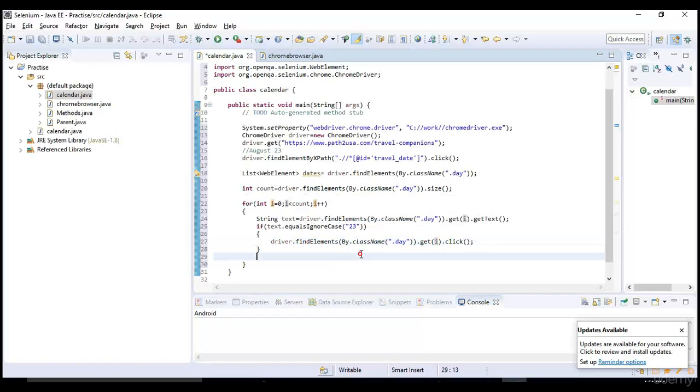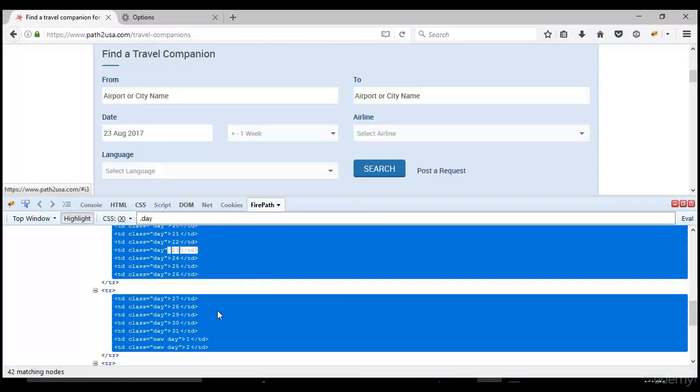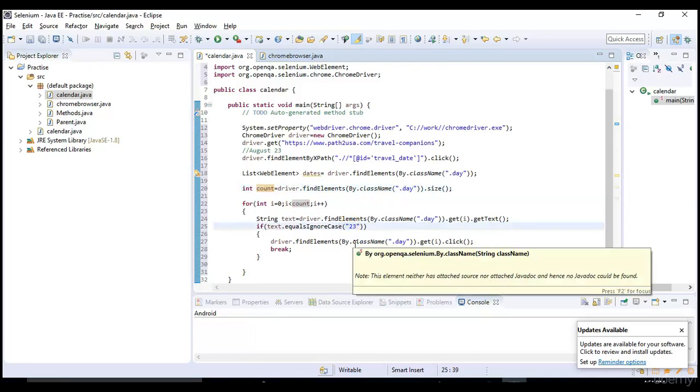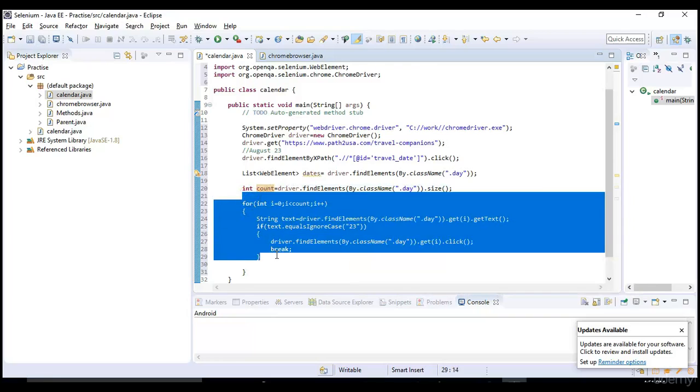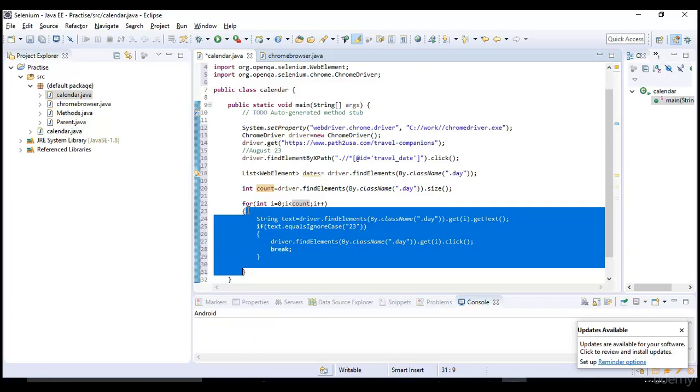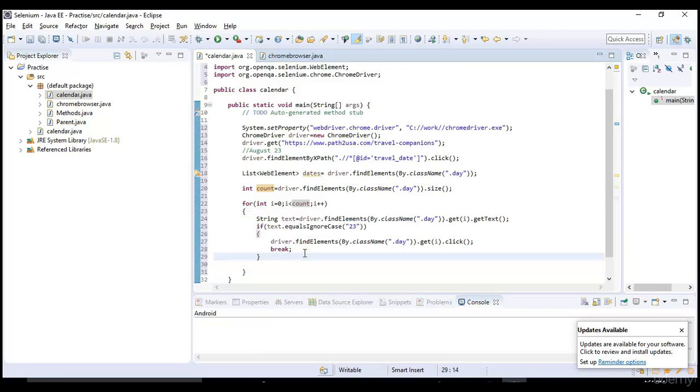Once we find that, we don't want to continue the loop because our target is achieved, right? We have successfully found 23, and we need not go through each and every iteration after that. It's not required for us. So in that case, just say break. This will come out of the entire for loop, isn't it? If there are a total of 100 items in the count, and you find it in the very first shot, why do you want to iterate 99 more times and waste your execution time? So simply you give break. That will come out of your for loop. This is one of the good methods for optimizing test cases.